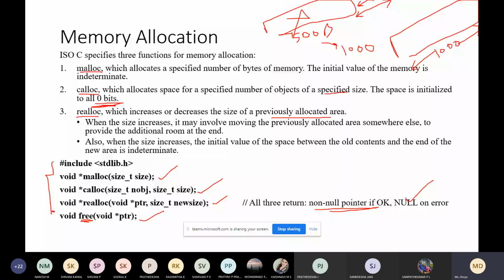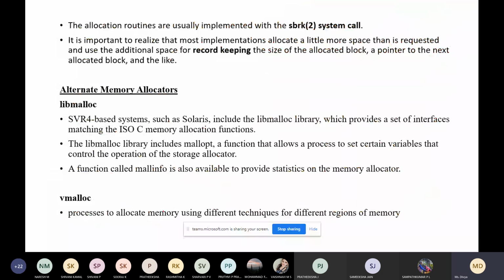Apart from this, there are a few concepts you have to understand, and a few functions we'll just be introducing. Allocation routines are usually implemented, so we saw malloc, calloc and all.